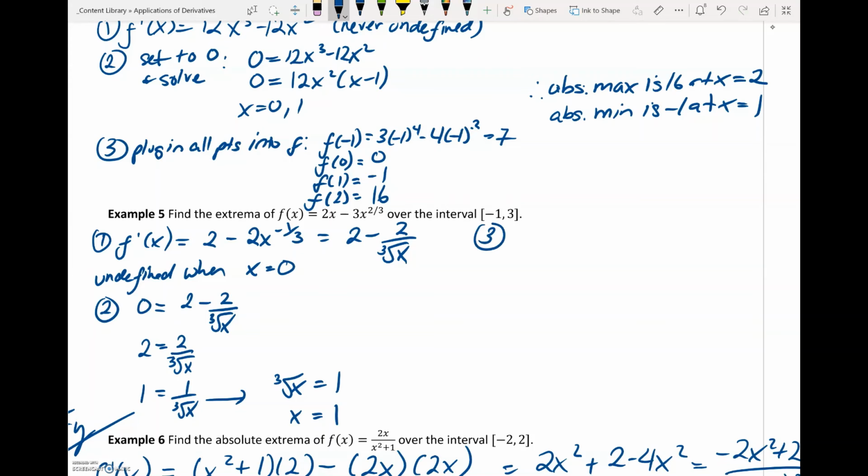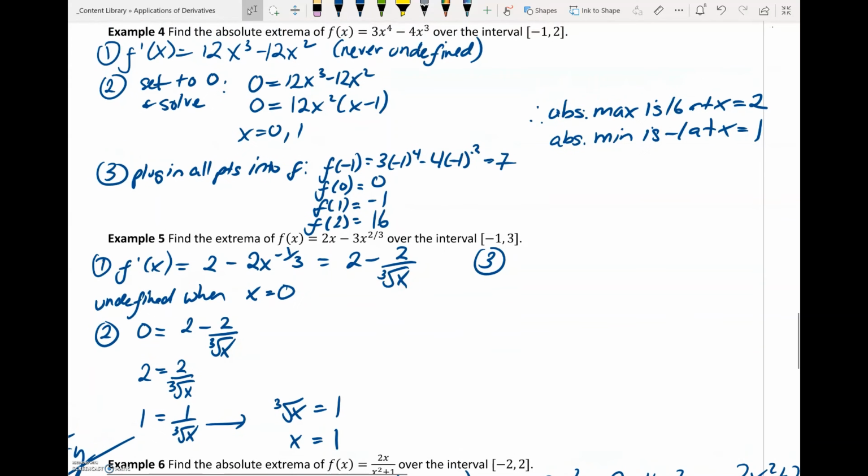Now we're going to look at finding our y values at each critical point and the endpoints. So we're going to look at f of -1, f of 0, f of 1, and f of 3. So again, the -1 is an endpoint, the 0 is when f prime of x is undefined. This 1 is coming from a critical point we found, and then 3 is another endpoint. So we're going to evaluate